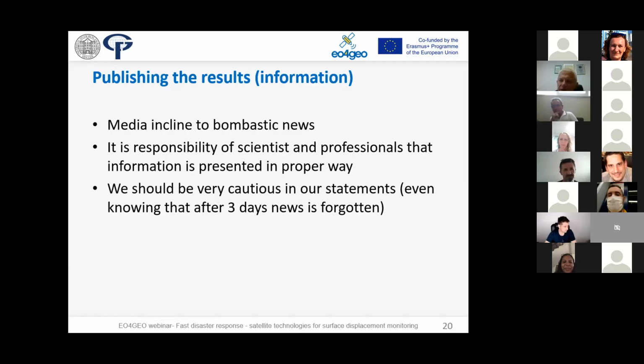I'm not saying that we should not release the information from our computations, but we should really take care how we do it. Even knowing that after 3 days, news is forgotten, as you know, this is so sad. So when we publish information, we should really think well about how we will do it,